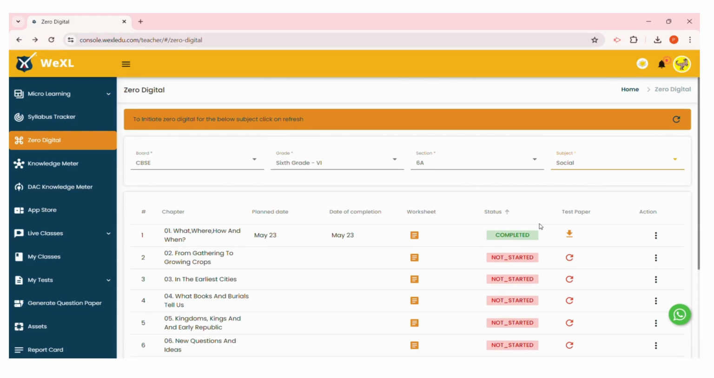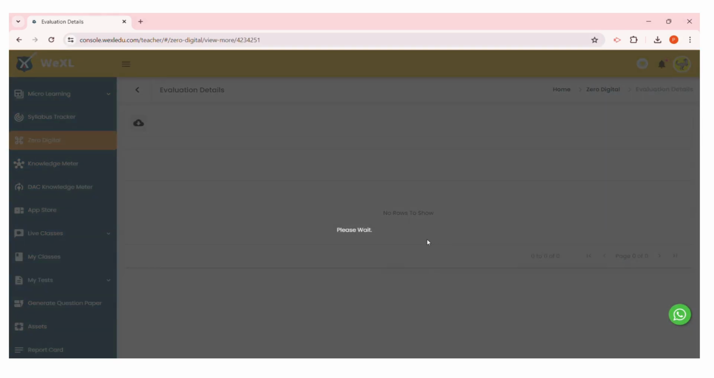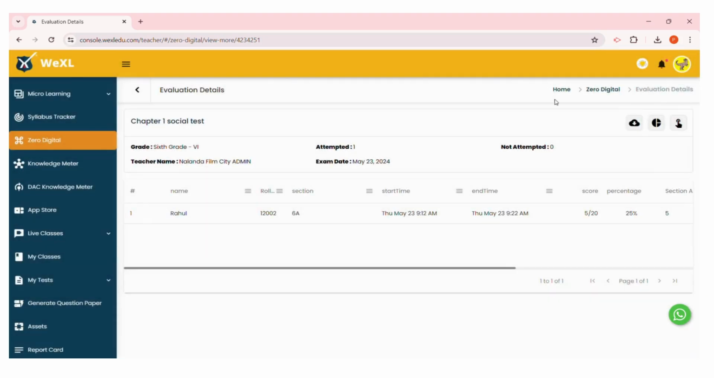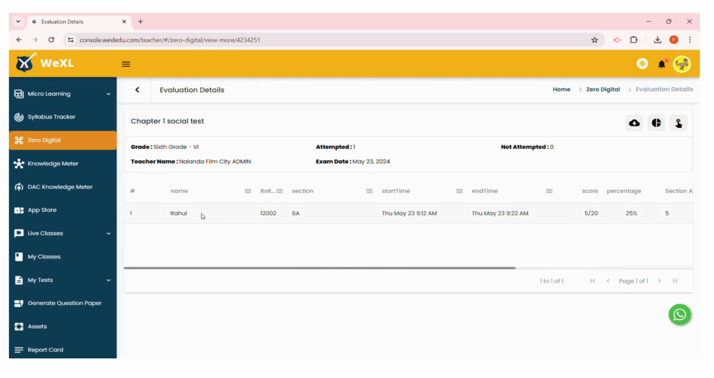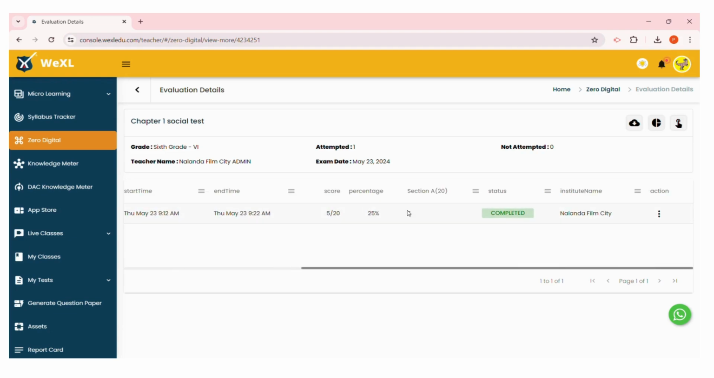To see the result of the student, we need to go to the action button and then click on view more. Here we can see the result of the student for this particular test. So this is the result. As we have uploaded the OMR for only one student, we can see only one student's result,